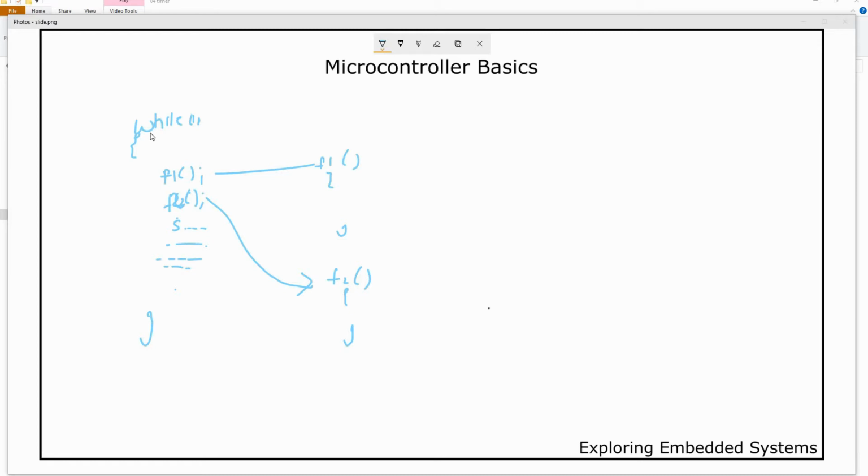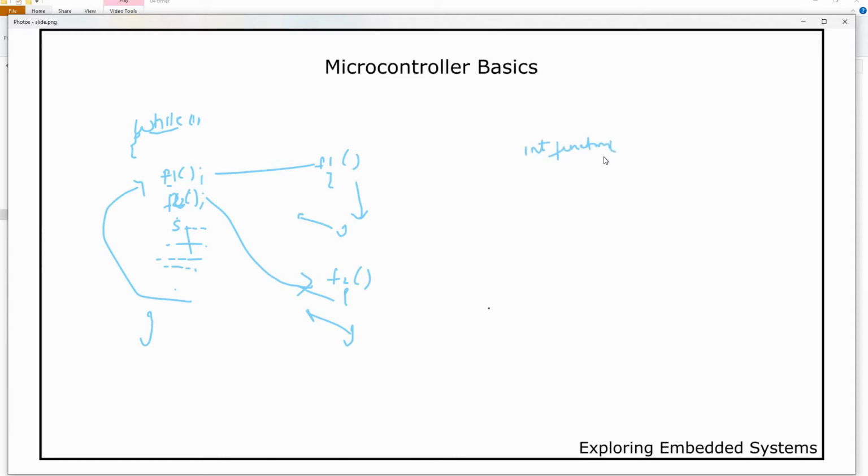Before this, let me explain what an interrupt is. Till now, we always had a while one loop, and there are multiple functions and statements which we are writing. The program flow is, it will get inside the while one loop, do function 1, whatever function 1 does, then exit back, then it will do function 2, get into this function, exit back once it is complete, and whatever statement, it will continue doing that and come back. So the program flow is always under our control. It did not jump to any function automatically. But in case of an interrupt, what will happen is, let's assume there is a function that is under interrupt.